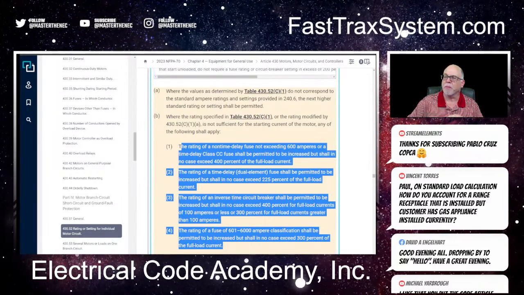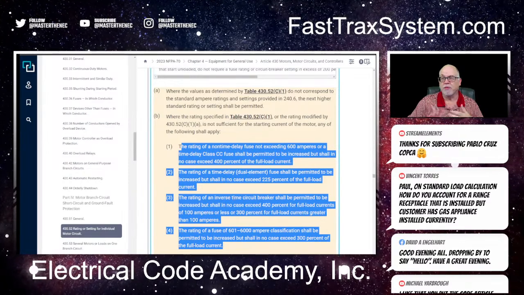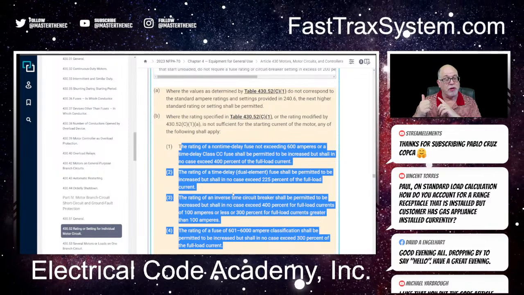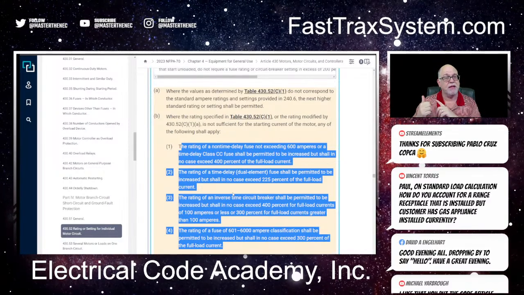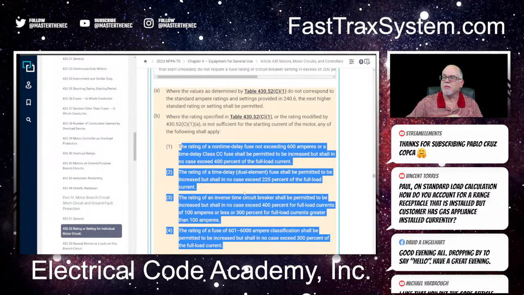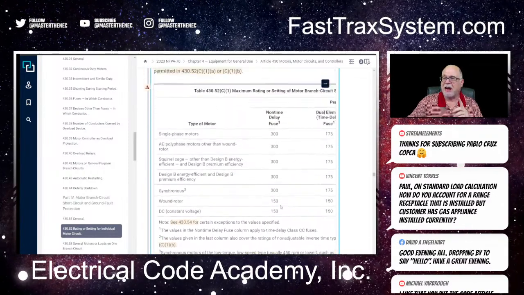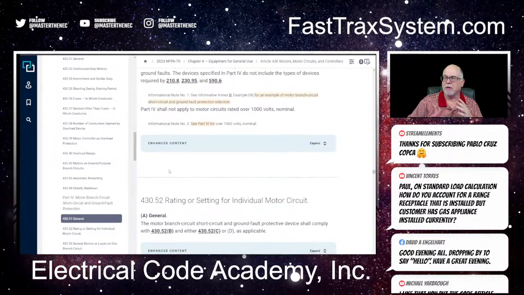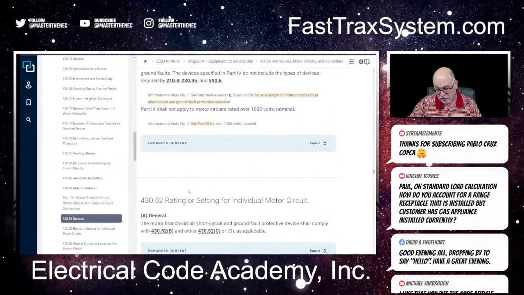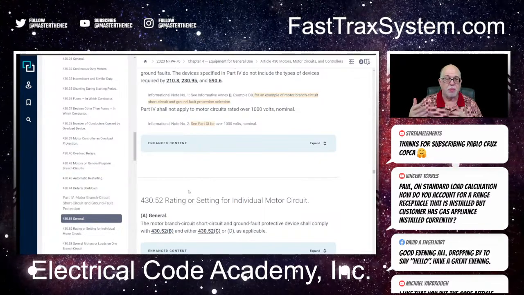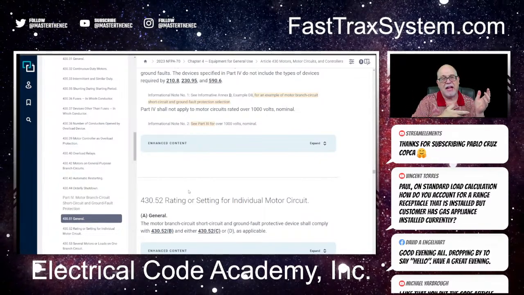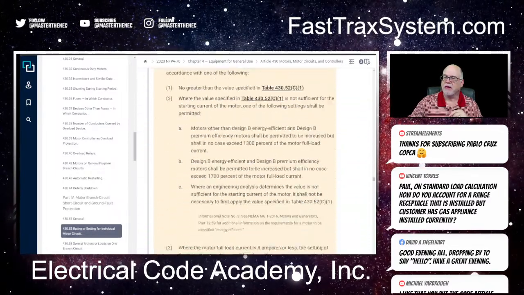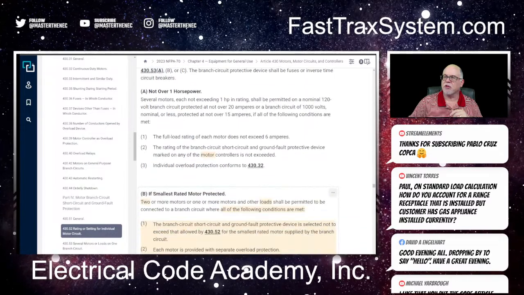And remember, you're applying this percentage to the full load current, or the FLC, that we got from where? Back in 430.250, right? Makes sense? Okay. Wanted just to make sure. So for the gentleman that wanted that one, that's what you would do for an individual motor. Now, his other question was, what if I've got multiple motors? How am I sizing that? And so the next thing you would go to here is pretty simple. You're going to go to